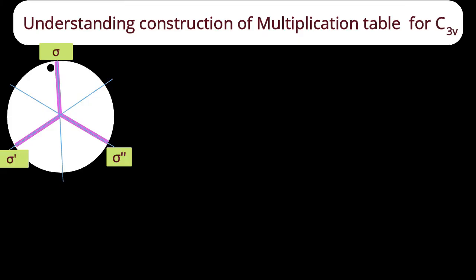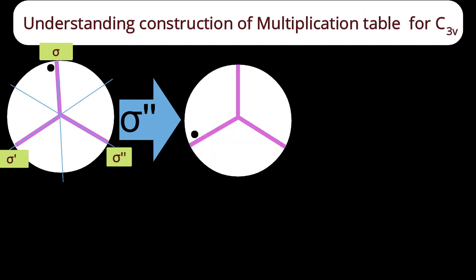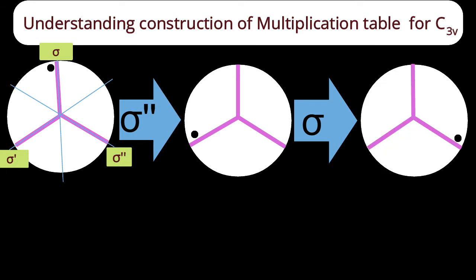Let us complete the last two results. Now the second last result: it's the original ammonia molecule. On this, let me perform the last reflection operation, that's sigma double dash. The knot will come to the left side, but the upper portion of the left side will be the right place for that knot. On this result, let me perform the first reflection operation, that is the sigma operation. Now the knot is on the left side and will go to the right side. Now it is the upper portion of the left side bar, and after reflection it will go to the upper portion of the right side bar.